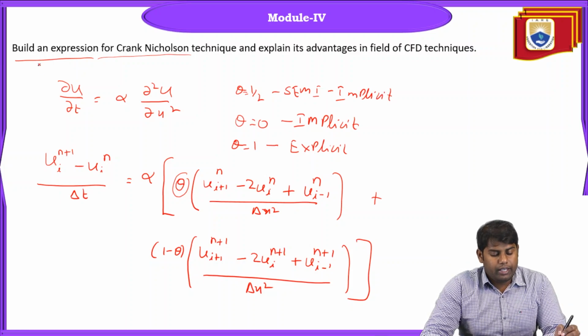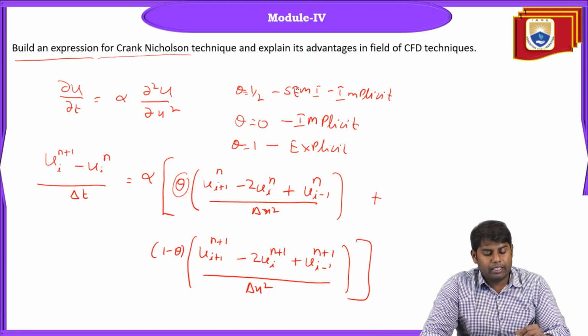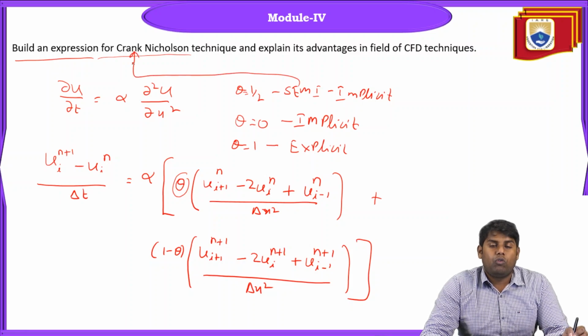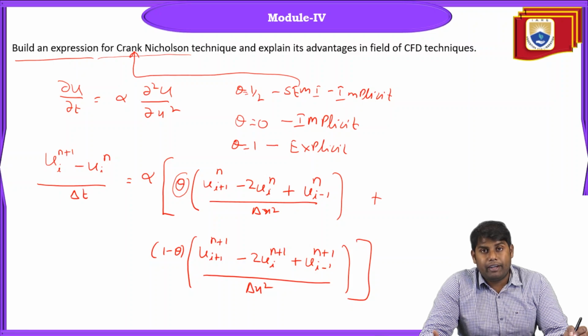Okay, so here the semi-implicit is nothing but the Crank-Nicholson scheme. So what is the advantage we have seen? The advantage is whatever the explicit method advantage we have. The major advantage for the explicit method is that the initialization is very easy, and it is easy to guess the initial value for the simulation. Let's say one iteration value is very easy and straightforward, and that would serve as a